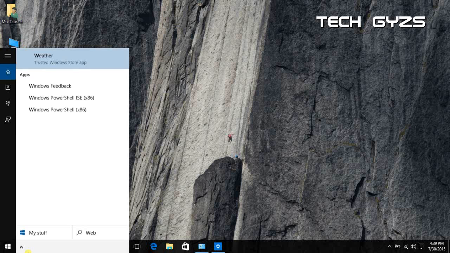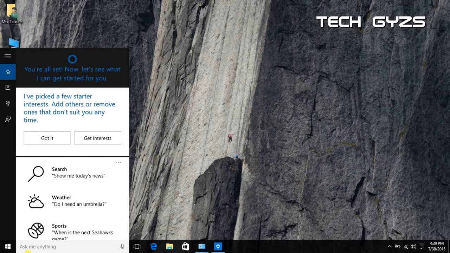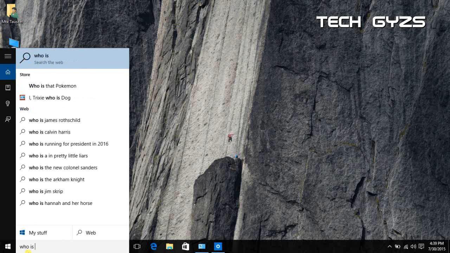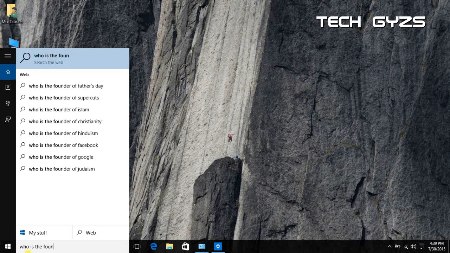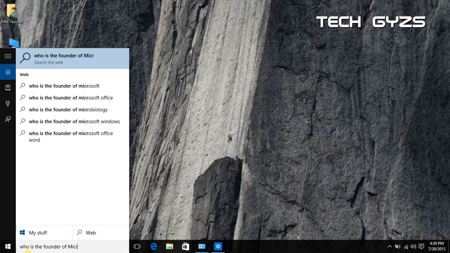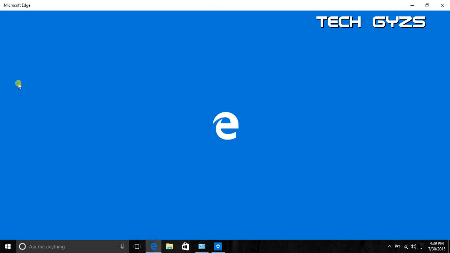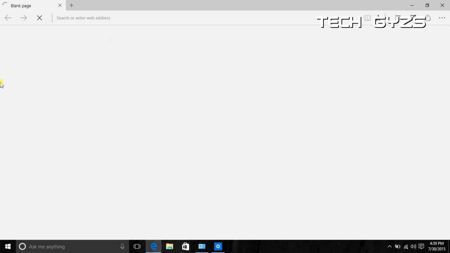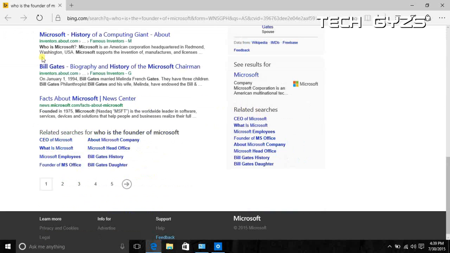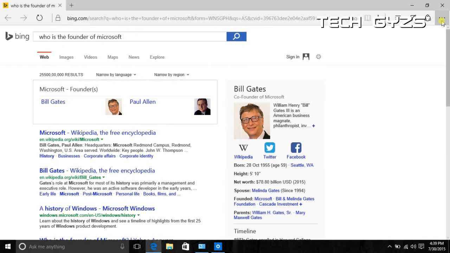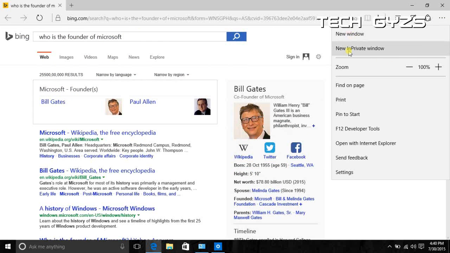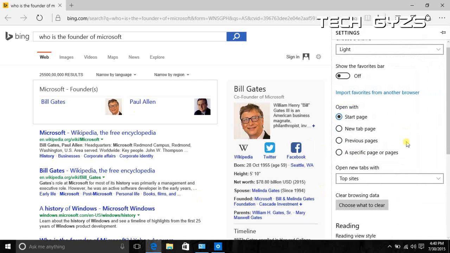As you can see, the location is on. You can activate this from the action center as well as the settings. So now again I will click on Cortana and access anything. Whenever you type anything, it will search on the system and on the internet both. If you are connected to the internet, then it will search on the internet as well. Now I click on the weather, so here's the weather search. Now I will search who is the founder of Microsoft, and it will show you who the founder of Microsoft is. Whenever I press enter, it will open the Microsoft Edge browser and show the result.